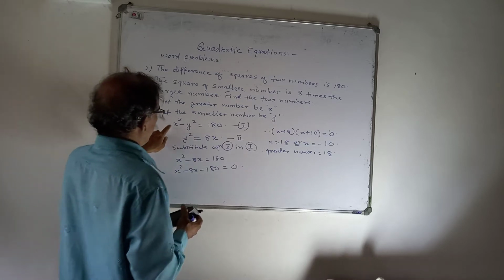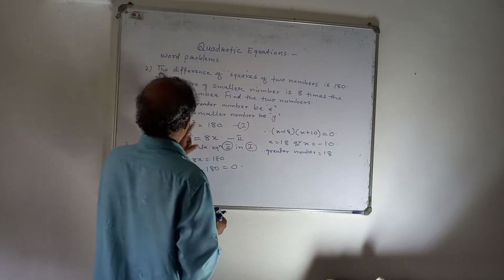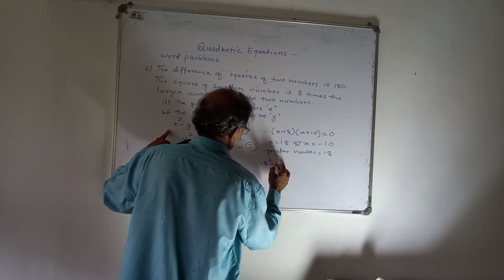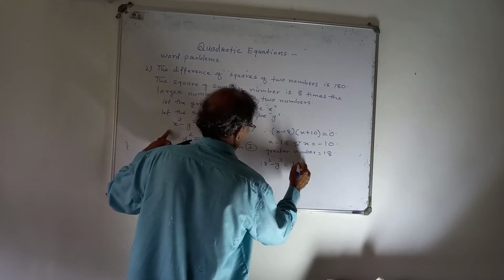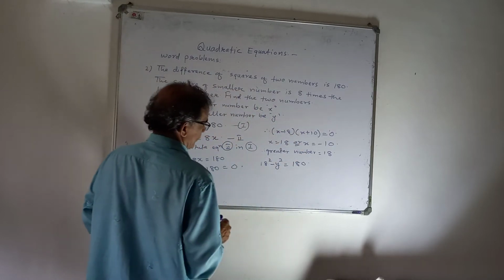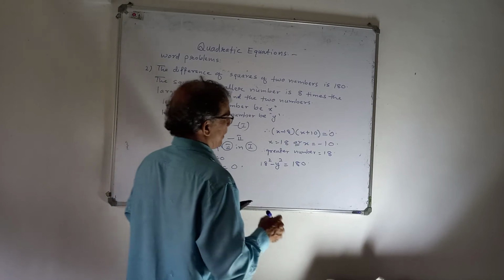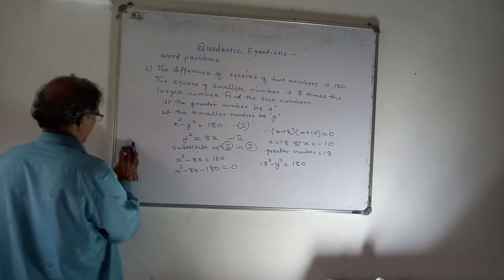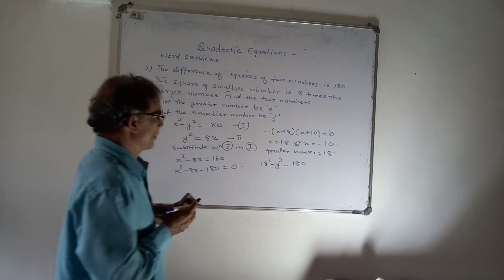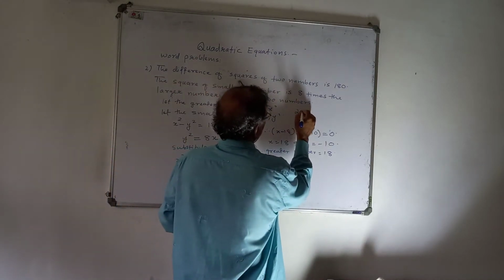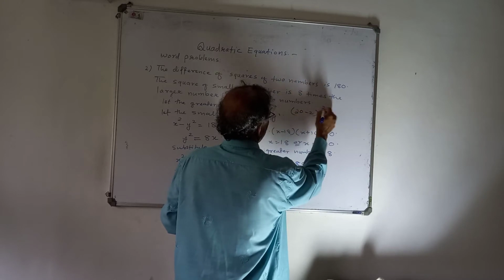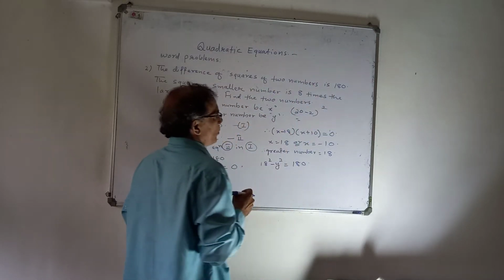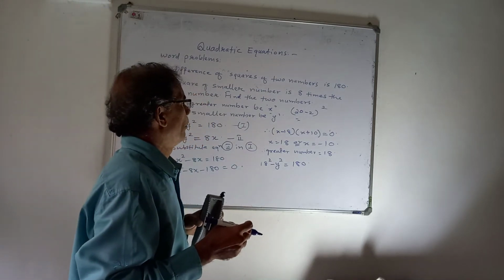So now to obtain this y value we can substitute here. So 18 square minus y square should be equal to what? 180. So what is 18 square now? That we have to find. 18 square you can obtain by using an identity. Suppose you don't know any square, what can you do? 18 means 20 minus 2 whole square. You know 20 square, isn't it? This is one method to find the square by using identity.